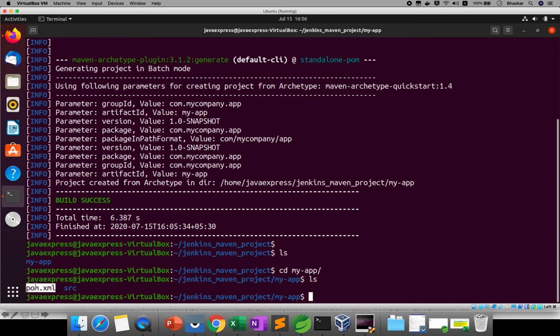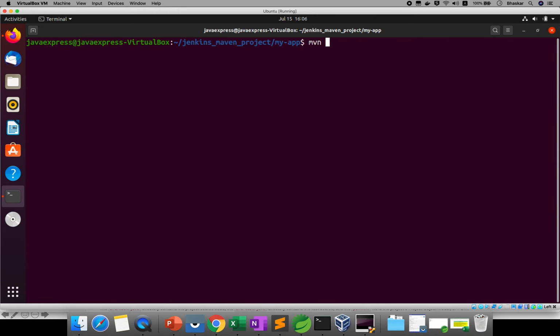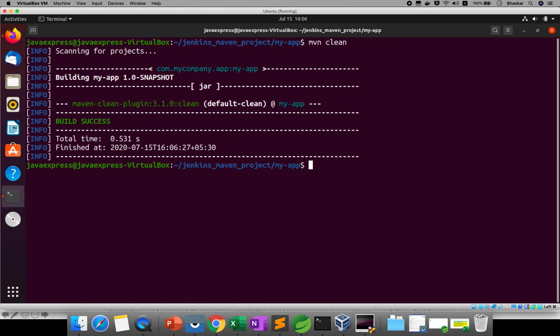What you have done is you created a project. Inside this project, if you want to clean the existing build, you need to use the life cycle goals of Maven. Let me clear my screen. mvn clean means it will delete all existing jar files. Now I need to test: mvn test.